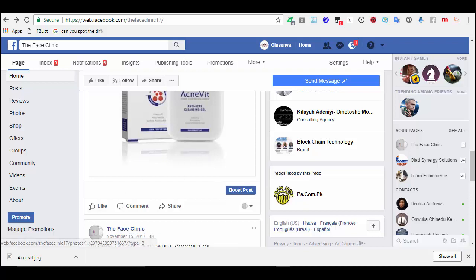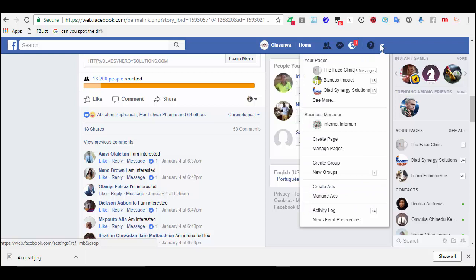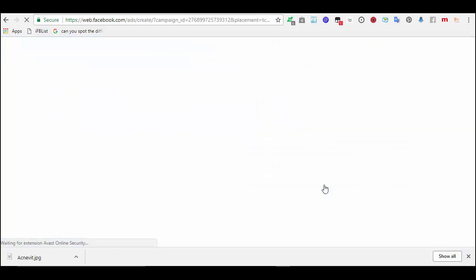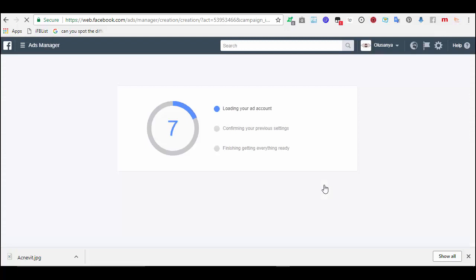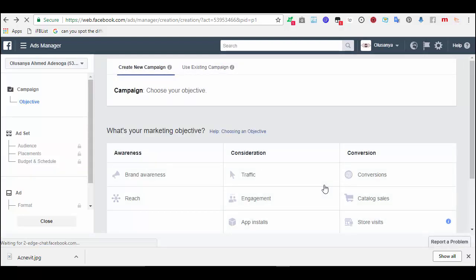I will go and check because I will do some research too. Like okay, let's say I go to this advert section. So let me create an ad. Okay, let me say I want to create an ad.